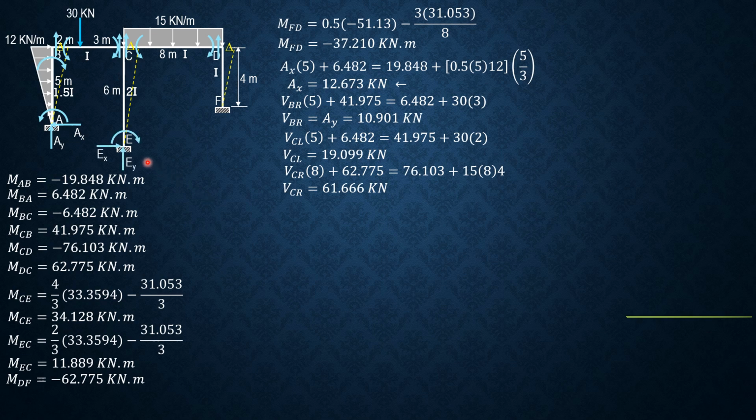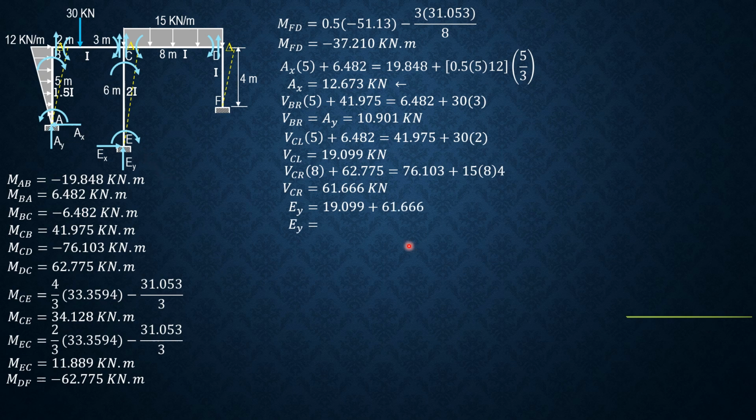So let's have the EX and EY and the direction for MEC, which is positive, so clockwise. MCE, which is positive, so it is also clockwise. Therefore, EX should be rightward. Summation, considering CE, summation moment about C equals 0, so EX times 6 equals MEC plus MCE. Therefore, EX is 1/6 of MEC,